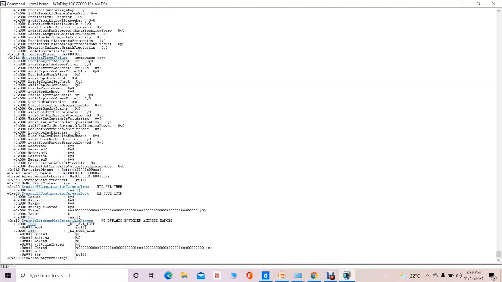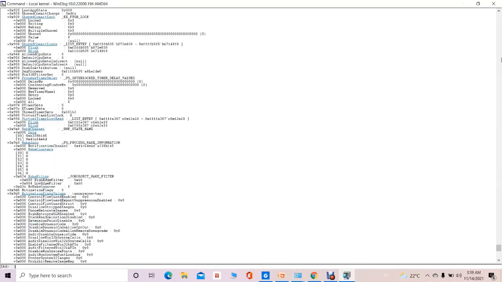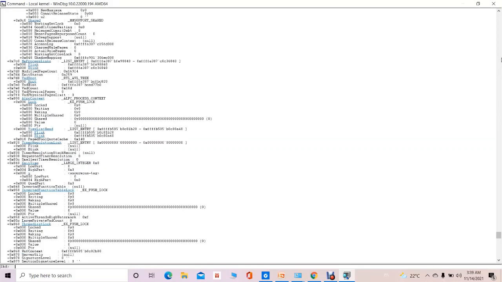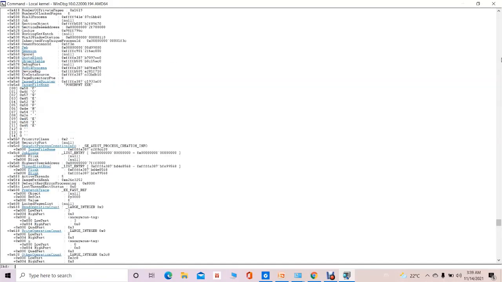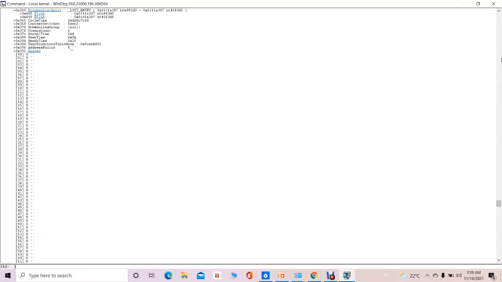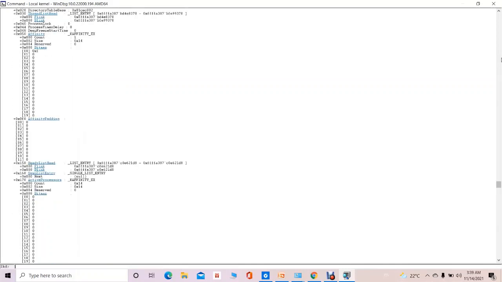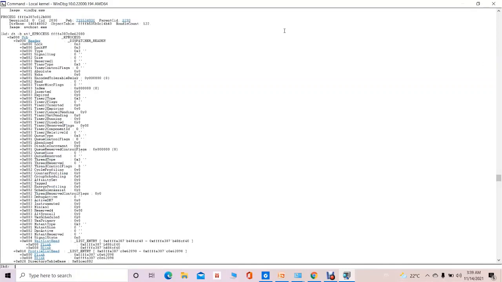So click on that. Now we can get the expanded view of the entire set of fields. Let's have a glance at them. Like here the PCB, process control block.